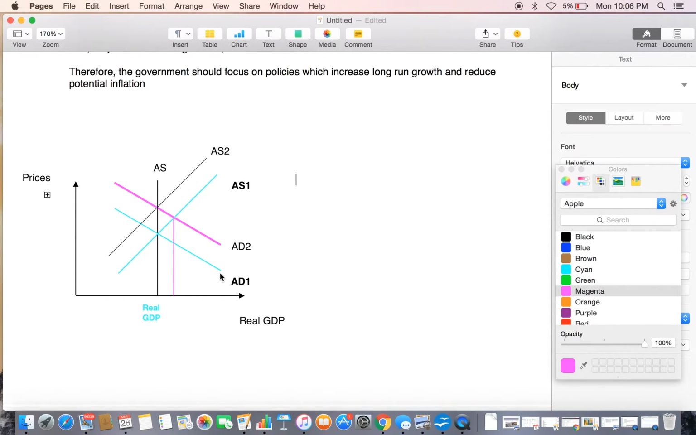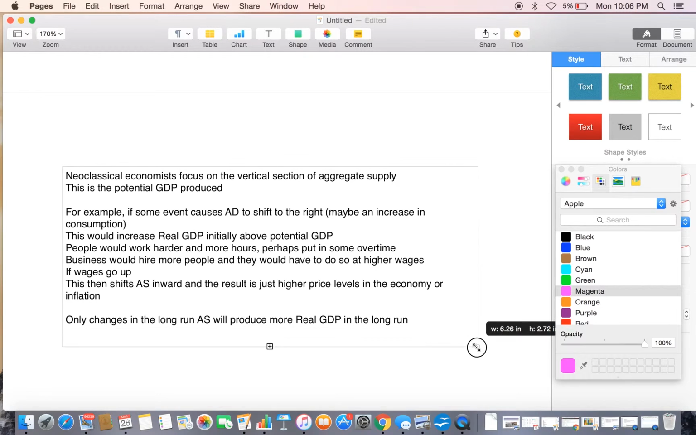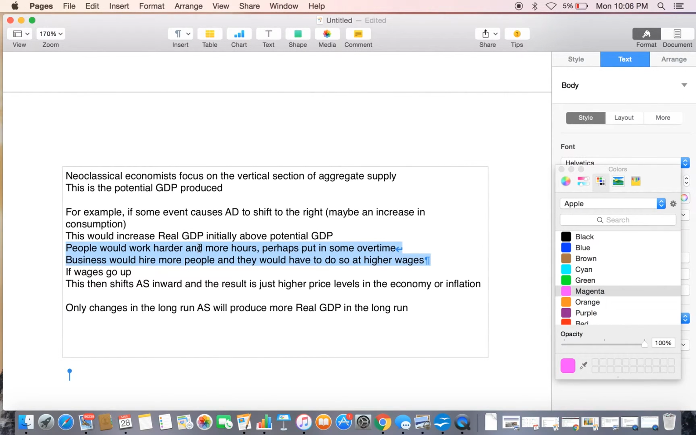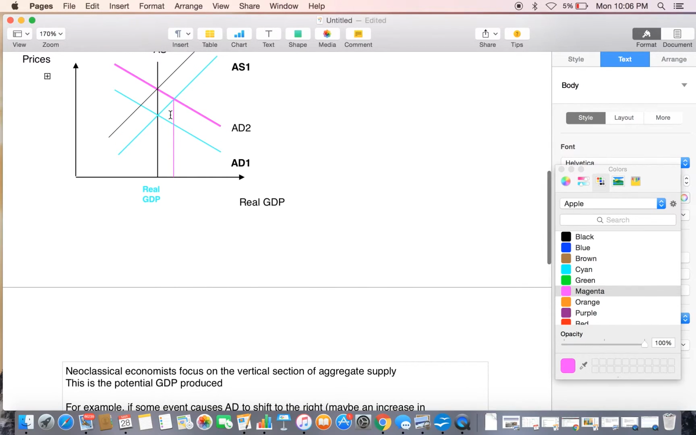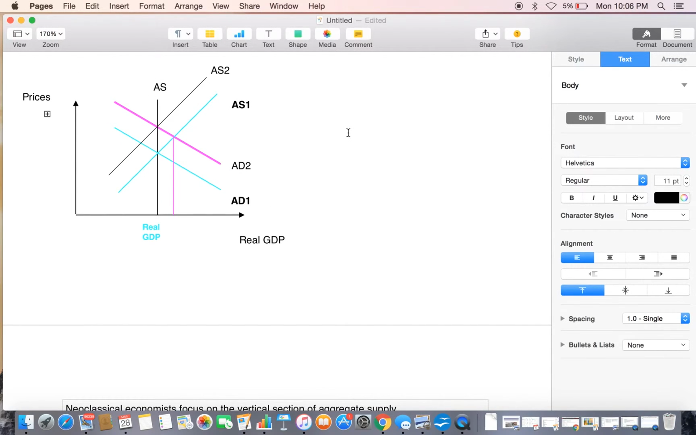Well, it can happen for a couple of reasons. Perhaps people will work harder and more hours. Perhaps they will work overtime. When they do this, they're able to produce for a short period of time more real GDP than is potentially available in the economy given the available land, labor, resources, and technology. But they can't do this forever. And when they begin to work overtime, to work longer and harder, even more efficiently to produce more and more goods and services